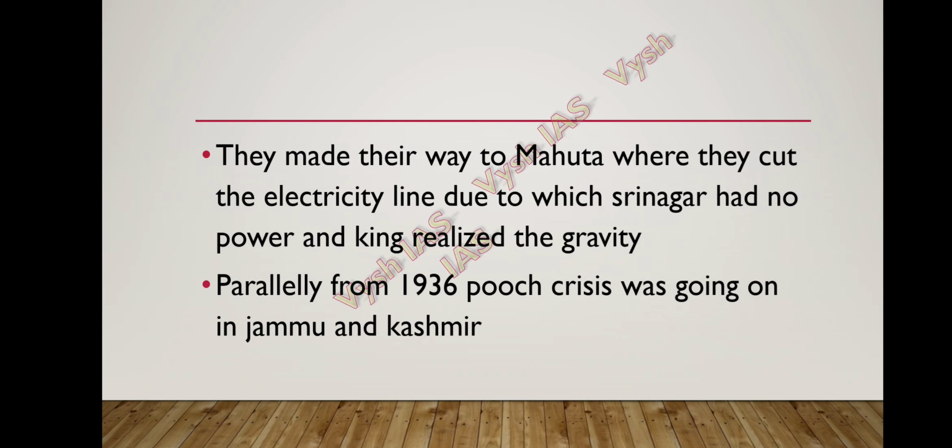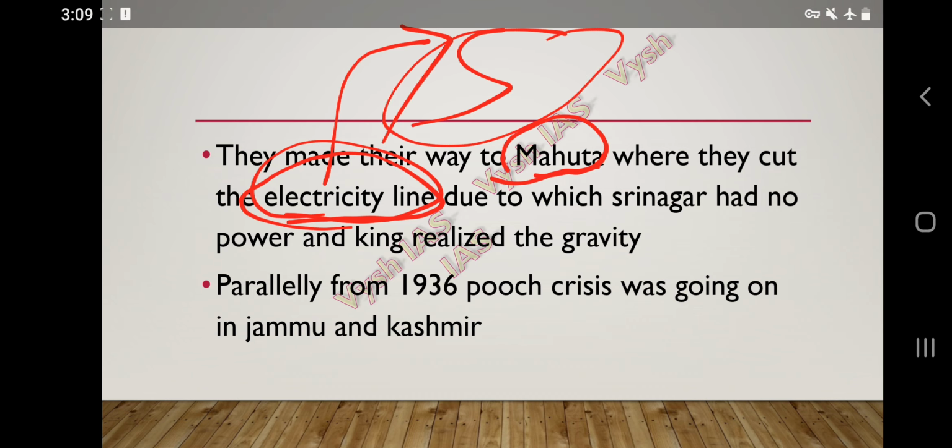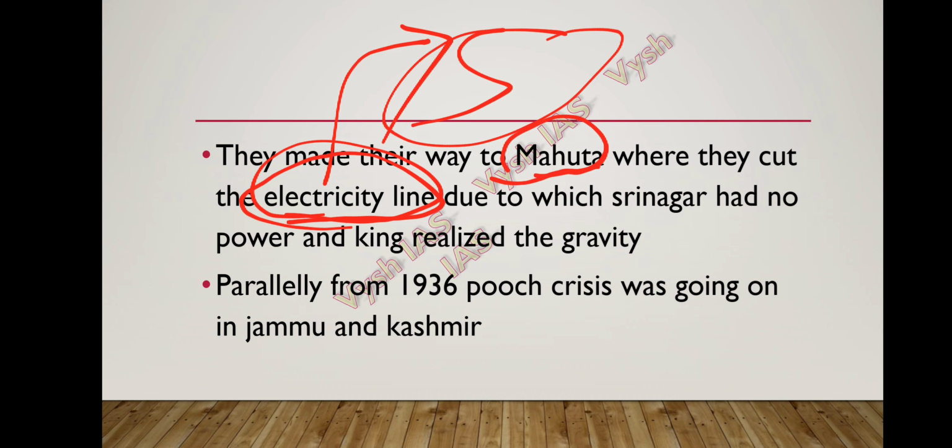So they made their way from the Uri region. These tribal infiltrators have entered the Mahuta region. This Mahuta region has a large electricity line, because of which electricity is even supplied to the Srinagar area. What these tribals did is, they cut the electricity line, due to which there was a power